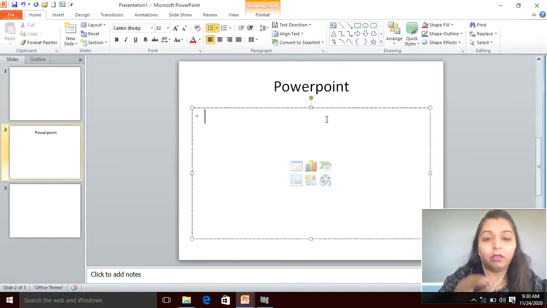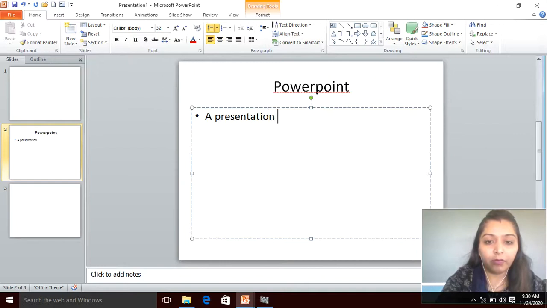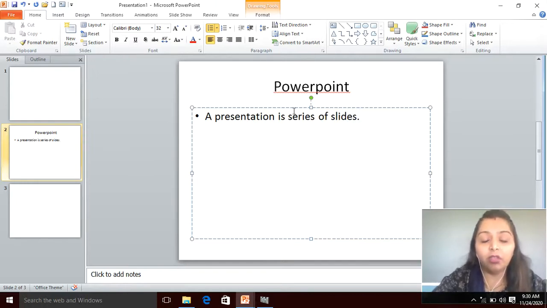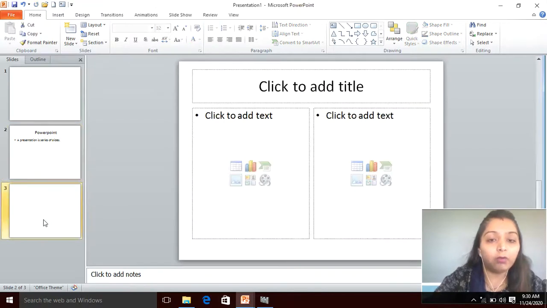Then here I can include text, like: a presentation is a series of slides. That is the definition which we studied now. Understood? In this way you can create a slide and then you can edit the text, you can add the text.